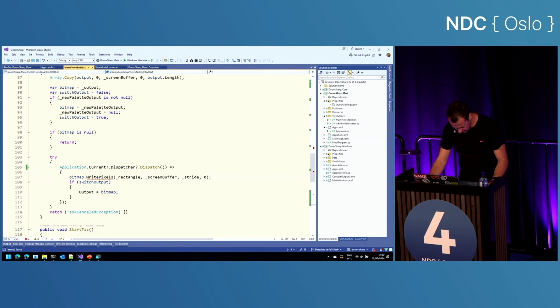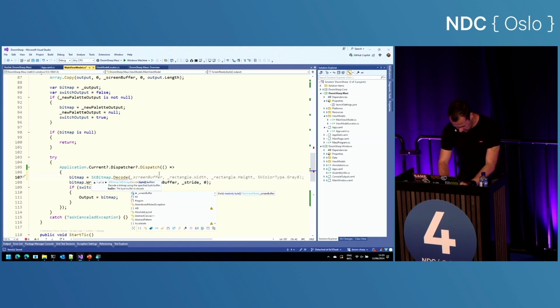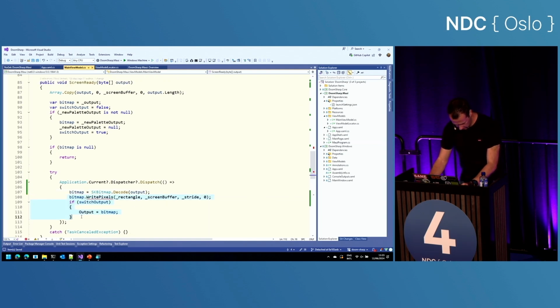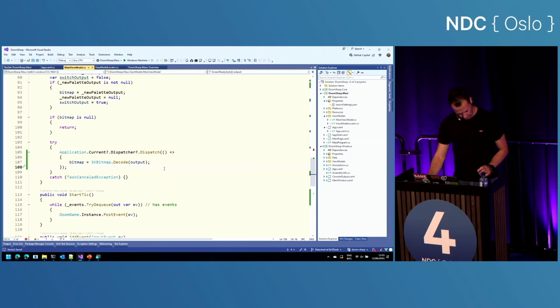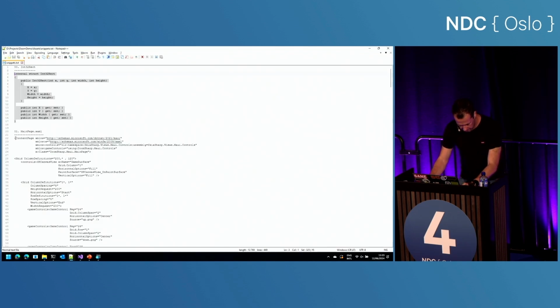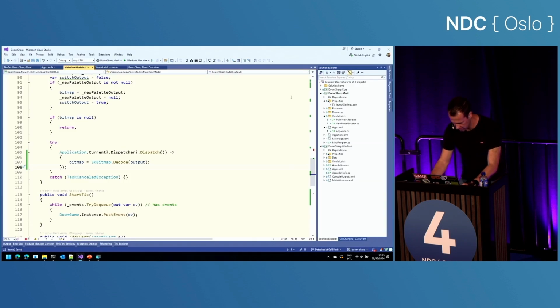Write pixels. All right, so the bitmap.WritePixels, the part that will actually use writable bitmap to create whatever, we can replace with bitmap equals SKBitmap.Decode. That's way too much. Copilot output is enough. And then we no longer need this. There we go. So there's that. And then we need some XAML. I'm going to walk you through this, but I've prepared some snippets just to not type everything.